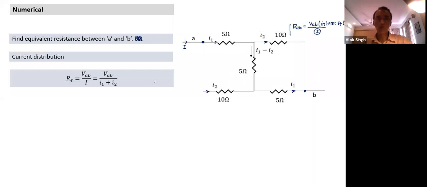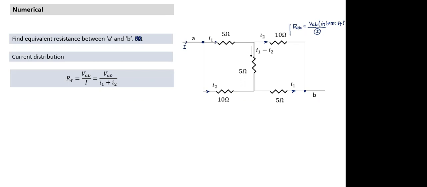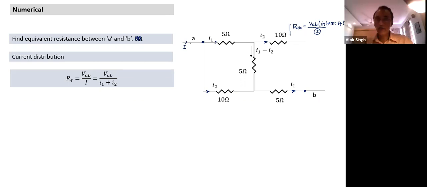So that's a method. So what is our equivalent resistance? VAB divided by I, where current is I1 plus I2. That's a current entry. Let's do that one. How do you find it? I need to find a relationship between I1 and I2, so I apply Kirchhoff's loop rule. Which loop am I applying it in? I'm applying it in this loop.